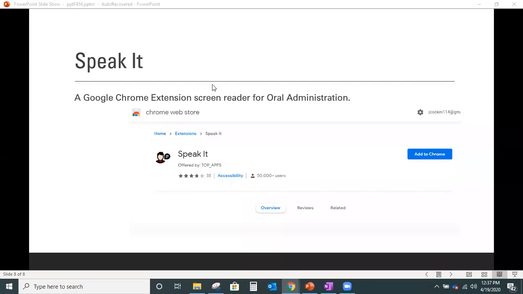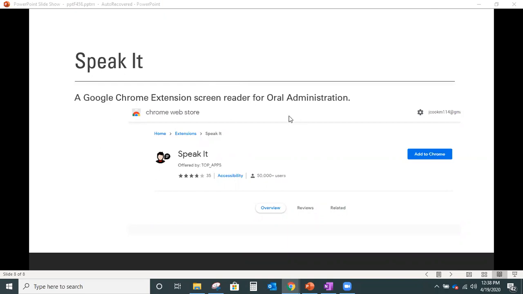Okay, another accommodations trick that I want to teach you guys about is Speakit. Speakit is an online downloadable screen reader. It's free through the Google Chrome store. So I'm going to show you guys how to download that. And again, this is something that you have to teach your parents how to do. You know, get in the classroom with them, have them share their screen, or walk them through it through the